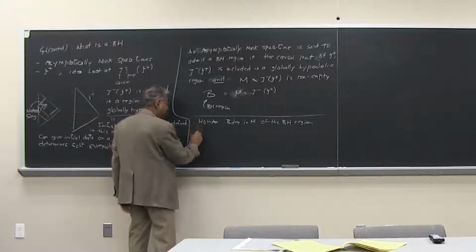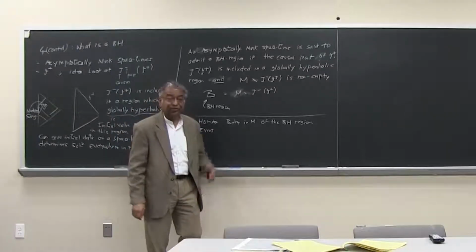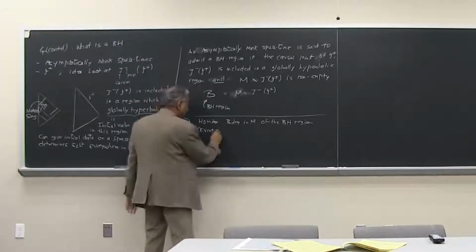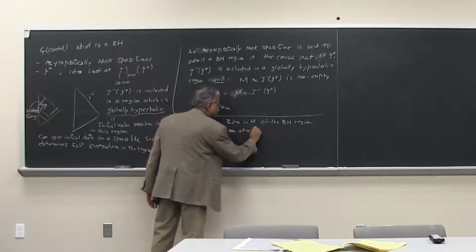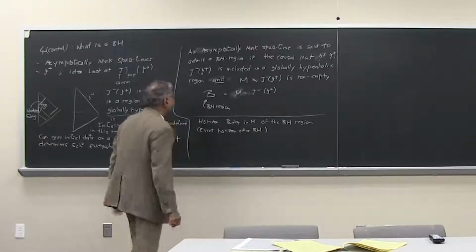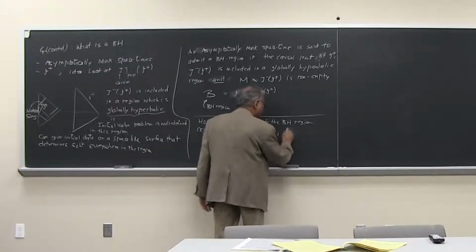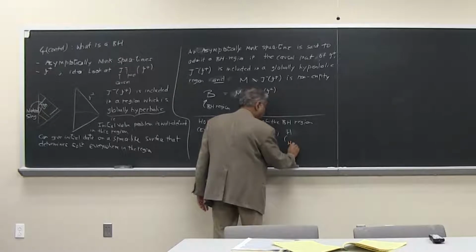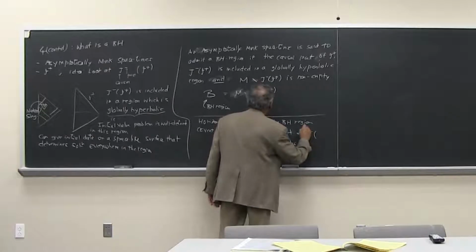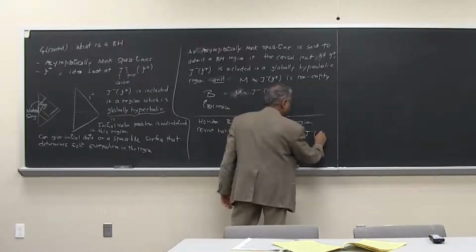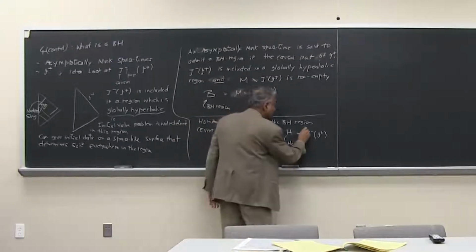That's what we mean by horizon. Sometimes it is called the event horizon of a black hole. There are various kinds of horizons in general relativity, we'll see that. So this is called the event horizon of a black hole. It's the boundary of that region. So I get J minus of scri plus, the black hole region is M minus that. But of course, if I just take the boundary of this region up here,